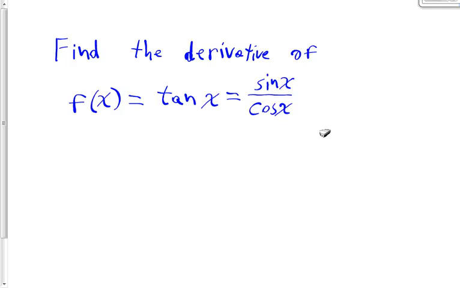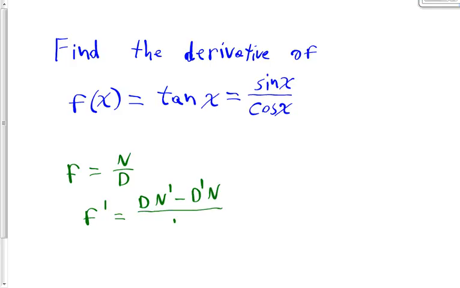So the quotient rule says that if you have a function defined as the quotient of two other functions, let's say n and d, then the derivative of that is going to be equal to the denominator times the derivative of the numerator minus the derivative of the denominator times the numerator, all divided by the denominator